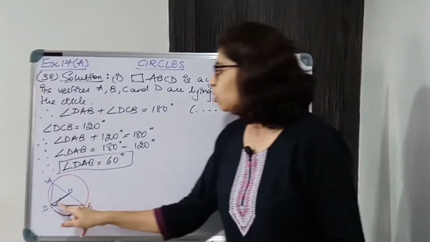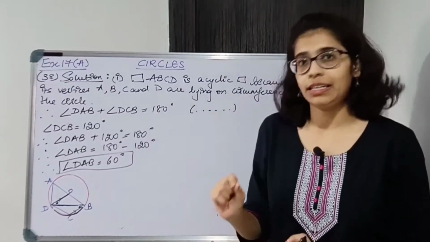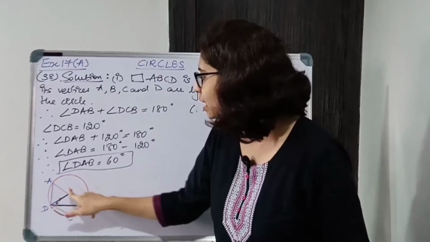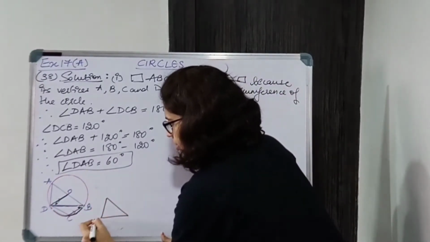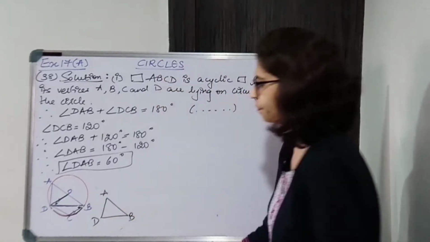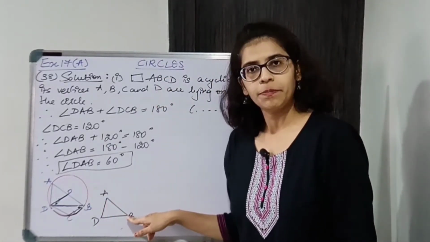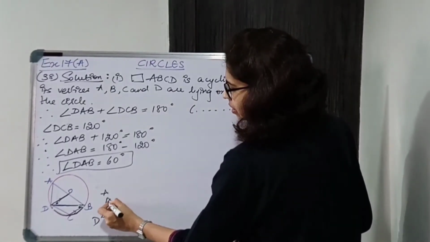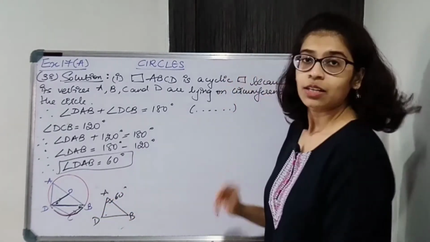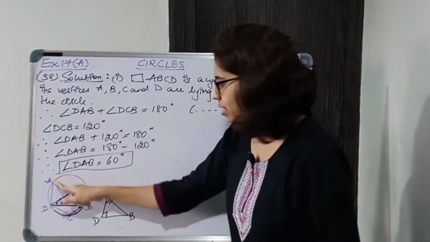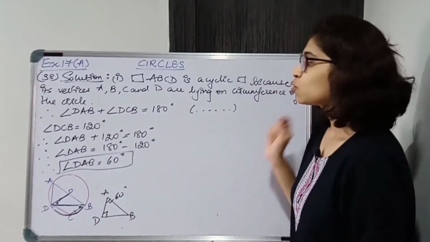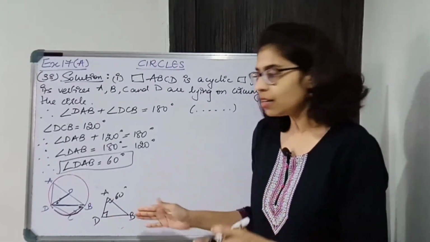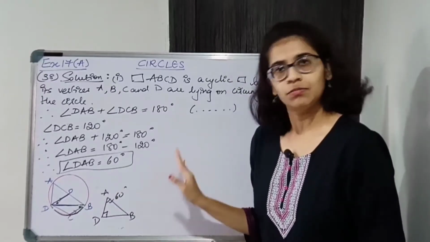All right. Now coming to DBA. In the second part we have to find DBA. For that we'll consider this triangle DAB. We found DAB, we need to find DBA. So I need to know one more angle. This one we know is 60 degrees. I need to find this angle. We know this angle is 90 degrees because AB is the diameter. Okay. So we'll start with AB as diameter and then we'll prove ADB as 90 degrees and then we'll move on to the triangle.